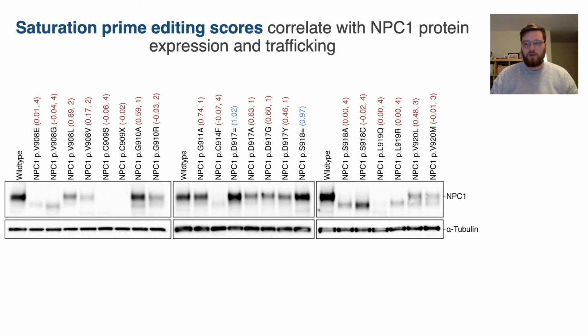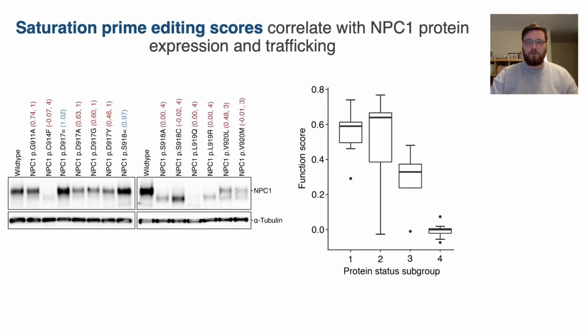So some variants run as just a single lower molecular weight band. Those are variants that are unlikely to have been trafficked successfully whatsoever. And then you have some that run as a normal molecular weight, but with a reduced protein expression. And then you have some that are a bit in between. And so we came up with 4 different categories based on the Western blotting from about 60 of these different clones. And what we found was that the category that we grouped them in seemed to correspond quite well with